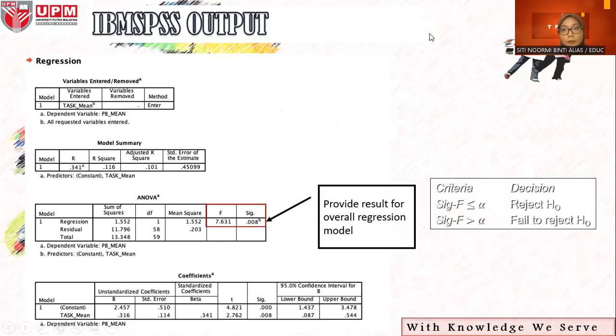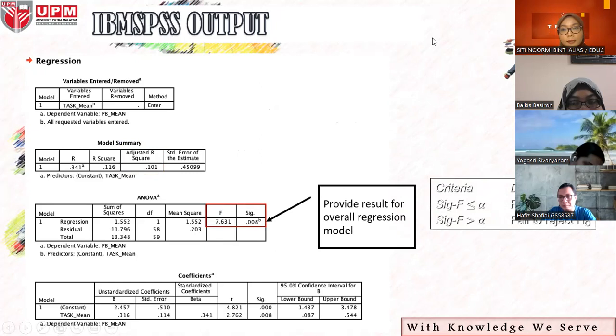Okay, so according to the result, our overall model fits the data or does not fit the data. Fits the data. Okay, since the significant F 0.008 lesser than alpha 0.05, so we can conclude that our regression